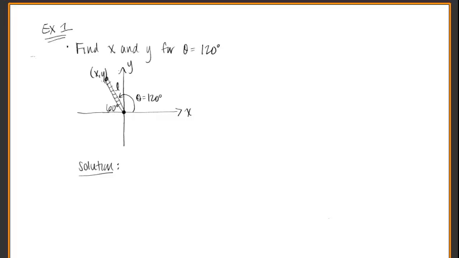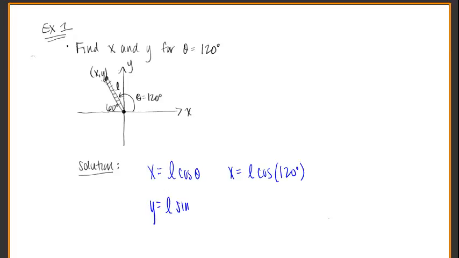Okay, so the x value is just your L times the cosine of theta, so x is going to be L times the cosine of 120 degrees. Y is L sine theta, so y is L times the sine of 120 degrees. When I plug these into my calculator, I'm going to get the cosine value of 120 degrees. It'll be L